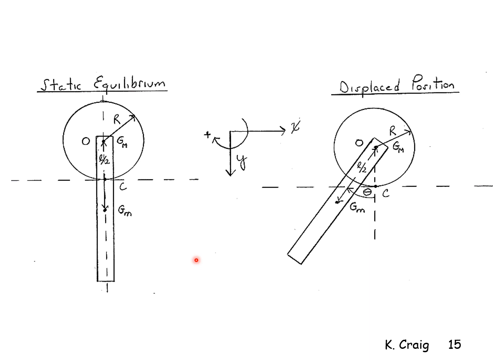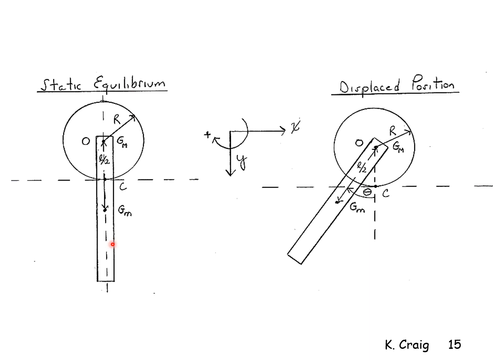Here I show a sketch, my physical model of my physical system in 2 different configurations. The first is the static equilibrium configuration or position. I show the disk with its radius, its geometric center, its center of mass, which is at the geometric center since the disk is homogeneous. The bar, which has the mass of the front and back bars, so I consider it to be 1 bar,